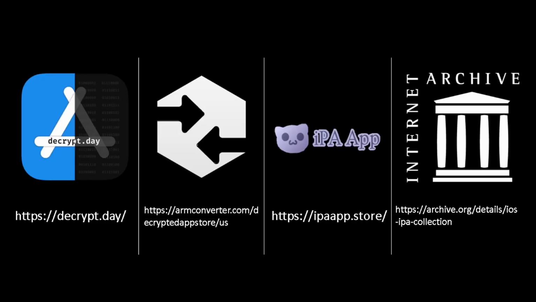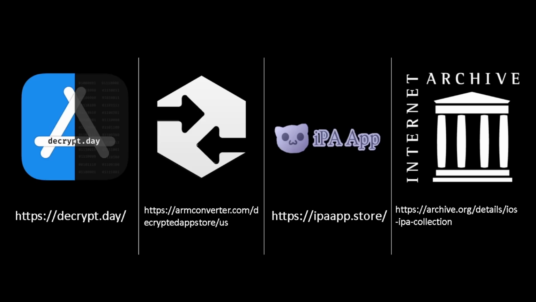We can try to download the IPA files from an online source, but we do need to try and make sure that the sources are secure and the IPA file has not been modified. Most applications just cannot be found through these online archives, and if we do find the application, a lot of the times we just can't find the version that we're looking for. So here are a few different sources to get some pre-packaged IPA files. However, a lot of the time we will not be able to find the files that we need on these websites.